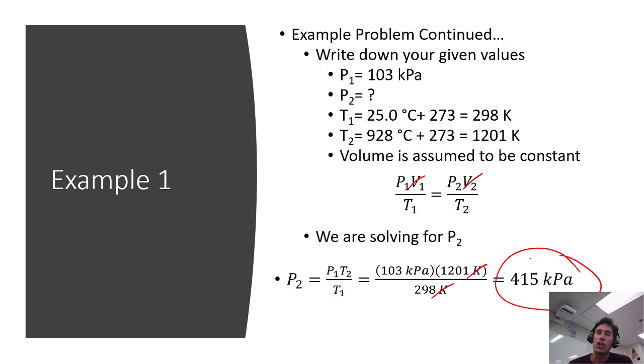The pressure should go up. And if you compare our temperatures here, you will see that this is roughly about 4 times the value. Okay, 4 times the value. So we know that we got the correct answer. The pressure should have gone up. Okay, hopefully that makes sense.